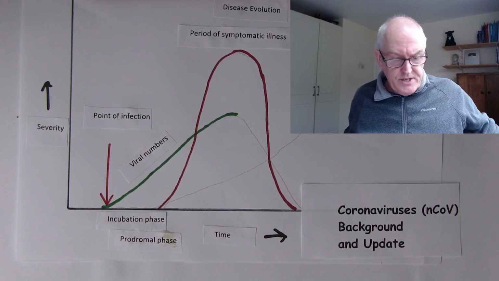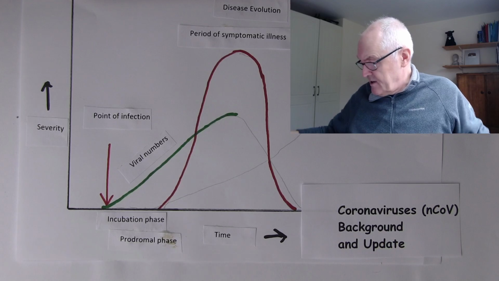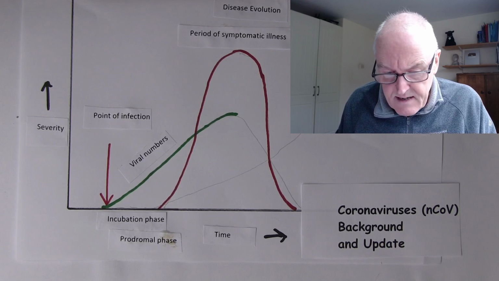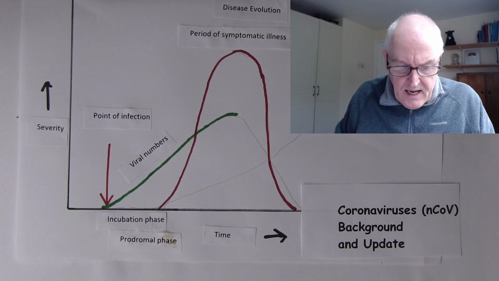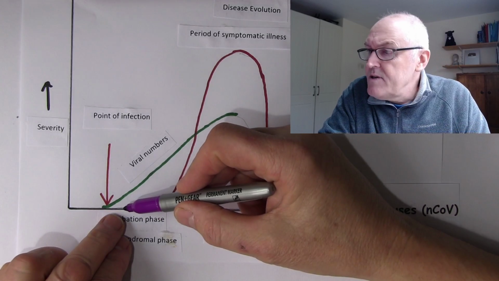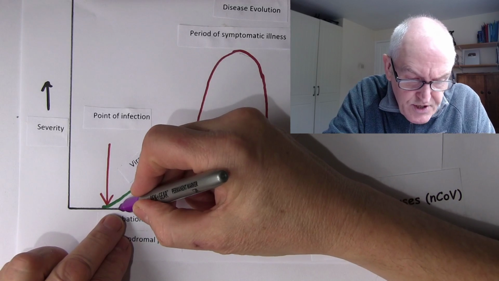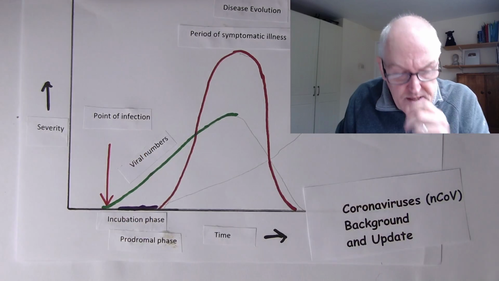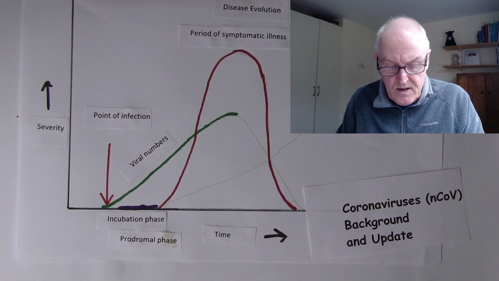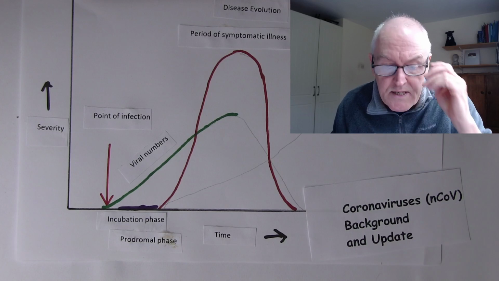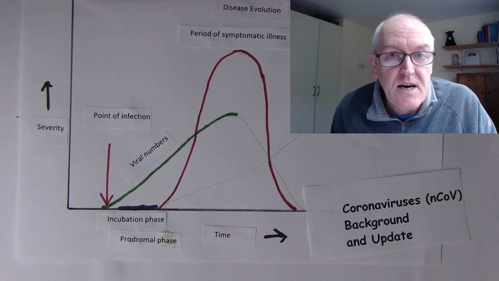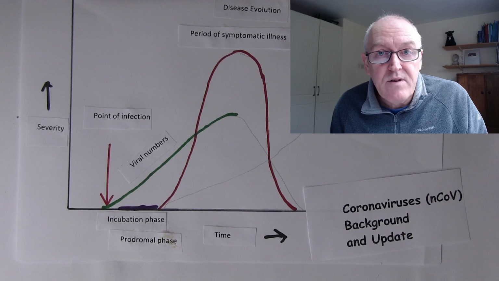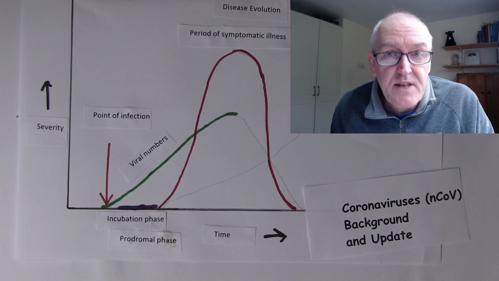But fortunately, the body can also protect itself against infections. And as soon as the virus is recognised by the immune system, very shortly after that, it's going to start producing some antibodies. Antibodies are the body's immune proteins. We call these the immunoglobulins. They're made mostly by the lymphocytes, this type of white blood cell. The white blood cells are the leukocytes. The type of white blood cells that produces the antibodies are the lymphocytes.